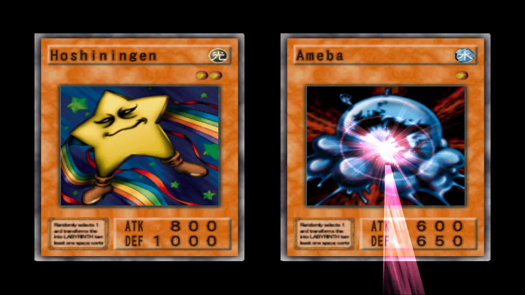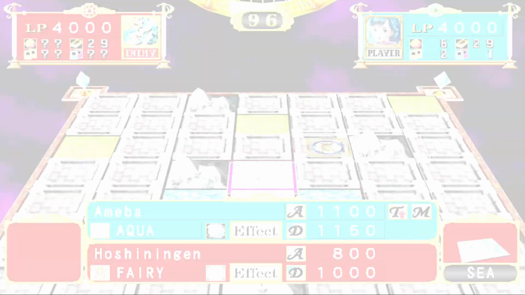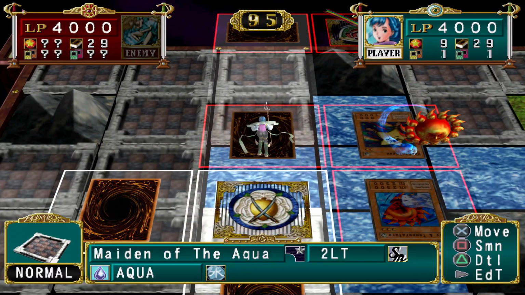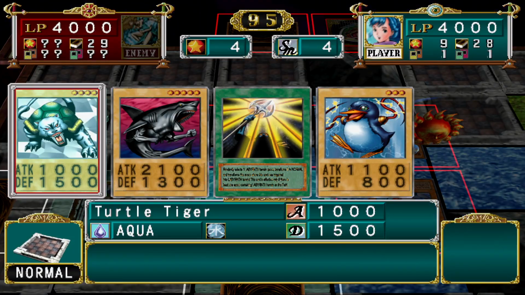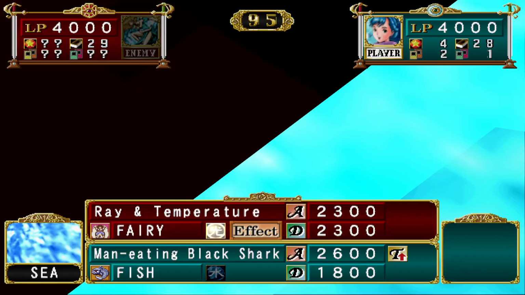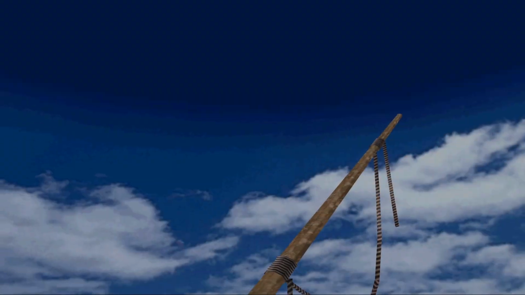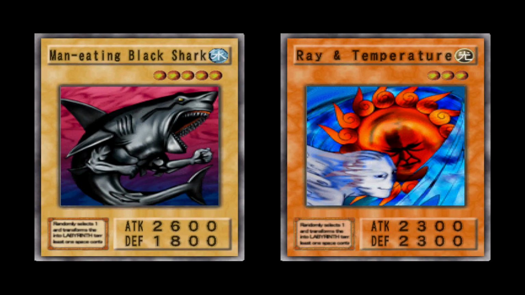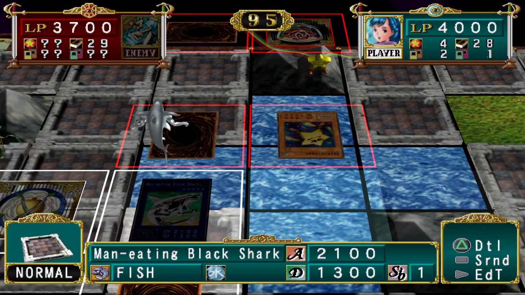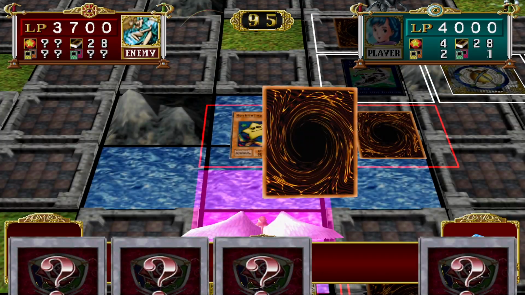Okay. That was actually a pretty good animation, honestly. Yeah. So we have to kill the Rain and Temperature first, because we can't really buff our creatures until that thing is dead. So, goodbye Rain and Temperature. I don't need to watch you get eaten by a shark. Just turn that off. Not really worried. The shark's probably bigger than anything she's played, so...